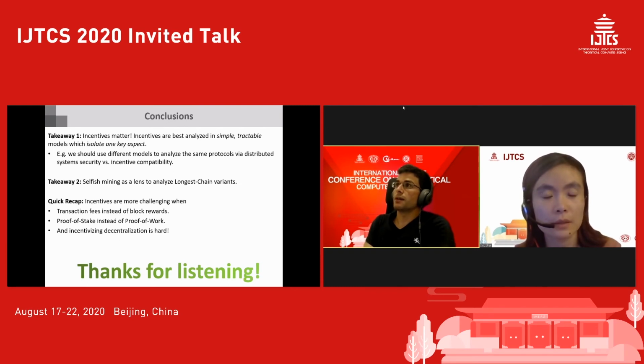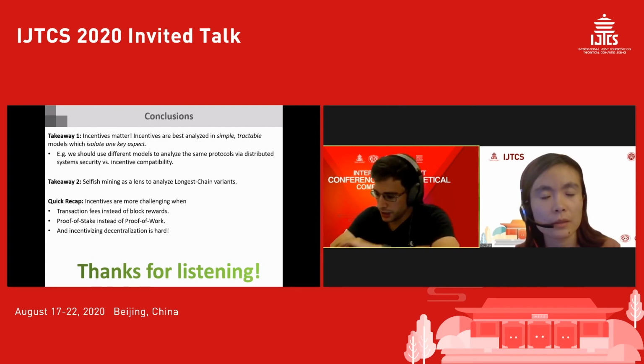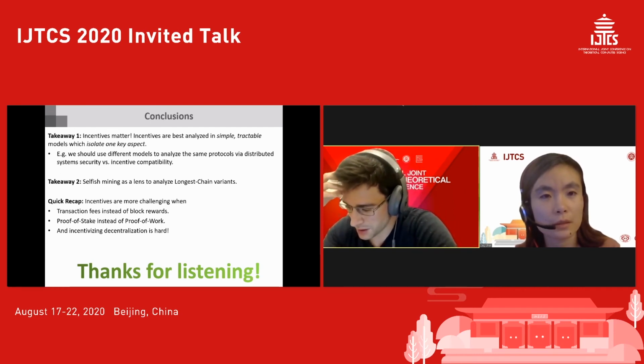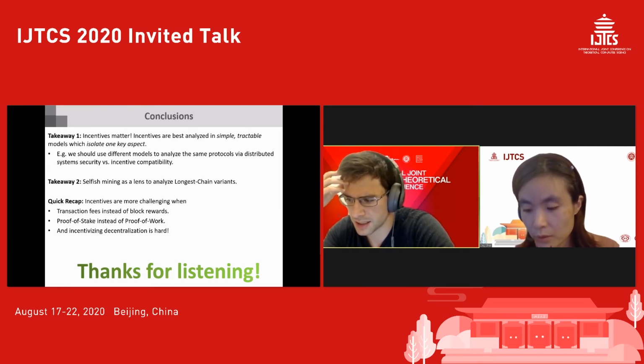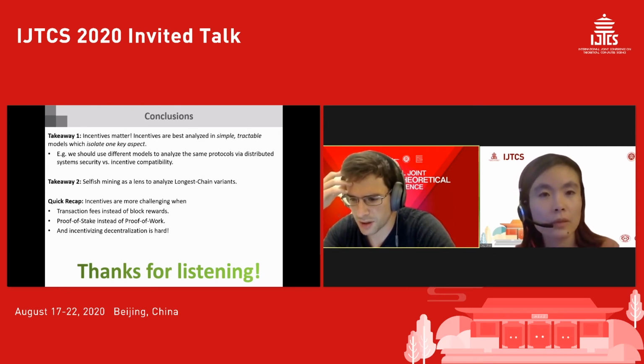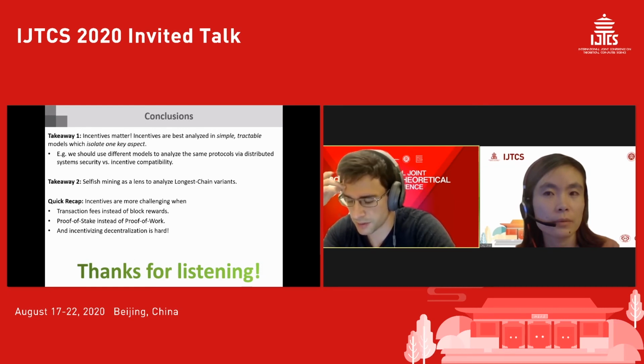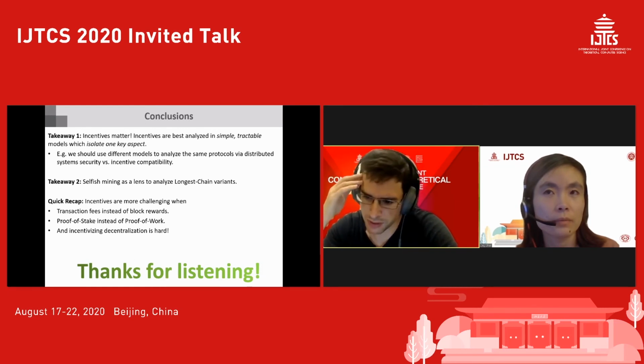Good question. I need to think before giving a clear answer. It is possible that the kind of analysis that is done may already be subgame perfect. The result where I said that it is a Nash equilibrium for everyone to be honest in the Bitcoin protocol, it could be that that equilibrium is also subgame perfect, and maybe the proof establishes that, but